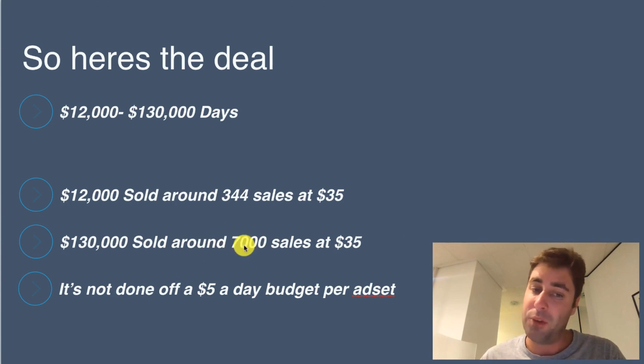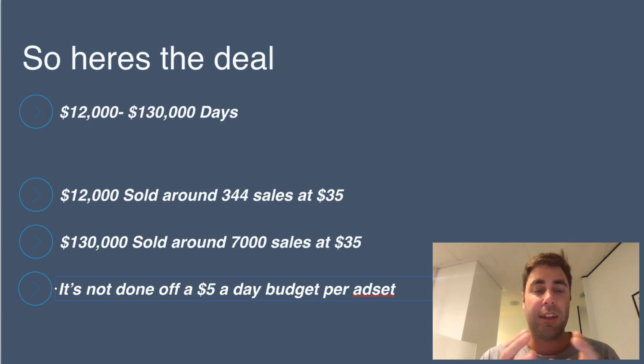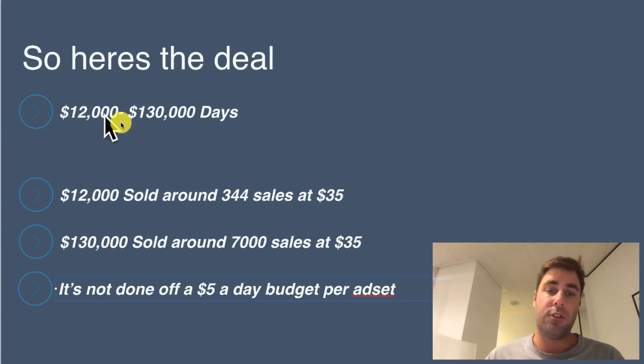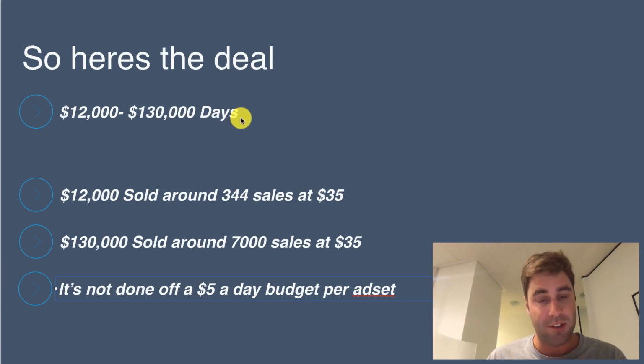That's a lot of orders per day, guys. And this stuff is not done off a $5 a day budget per ad set. We're not scaling this fast and hard with $5 a day per ad set. It's not going to happen. You need to be prepared to put in bigger budgets, and we're going to talk about how much budget we use soon. So just take away from that, when you're going from $12,000 to $130,000 days,